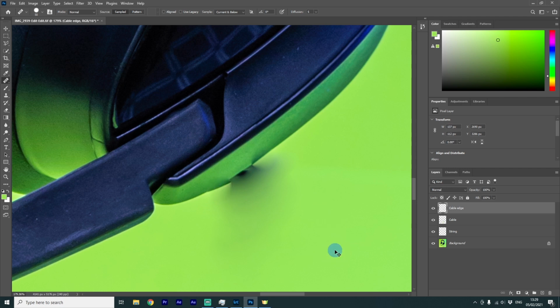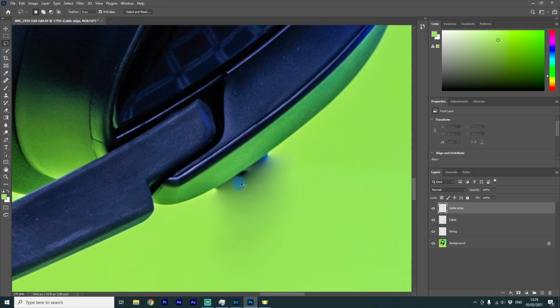So that's not going to work for me. So I'm going to go back, and that's the reason I created this layer, so I can go back and not lose anything. I could just delete this layer if that's something I want to do, but this layer is empty now. So we're going to try something else here. We're going to actually